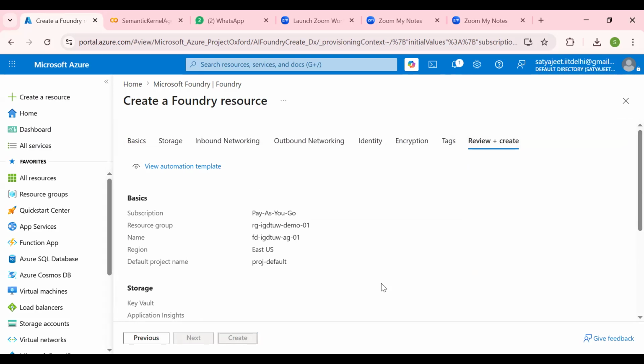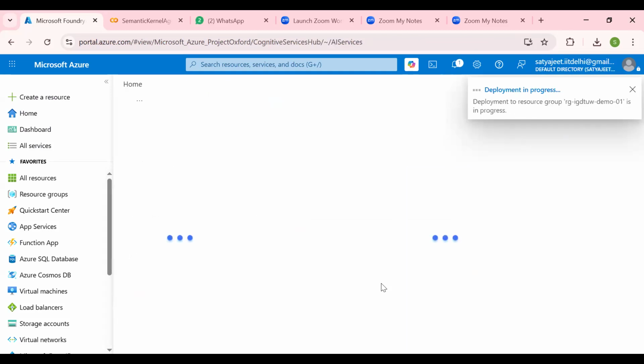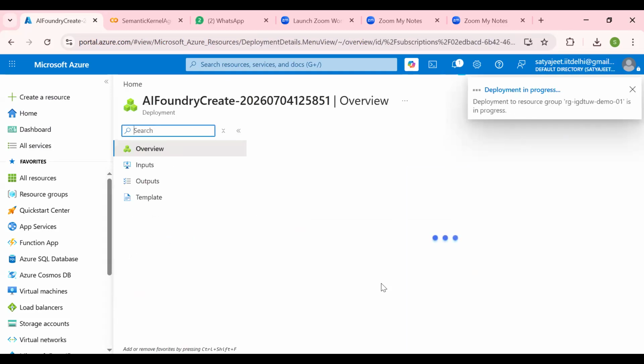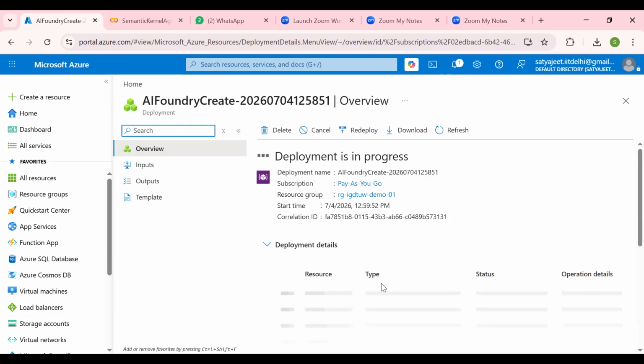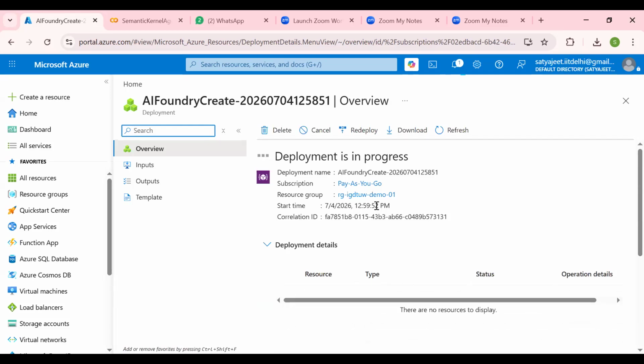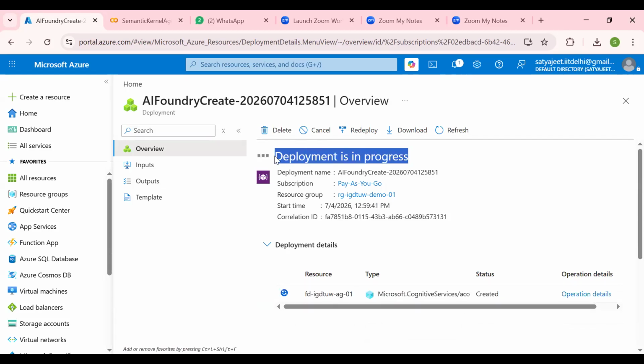Once you hit this create button, you'll see a screen, which will show you that the deployment is in progress. It may take some 30-40 seconds. Let's wait.